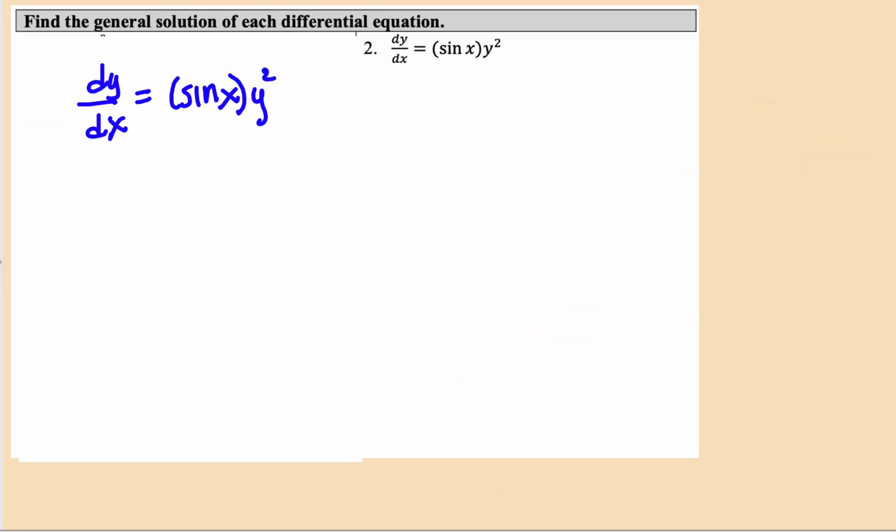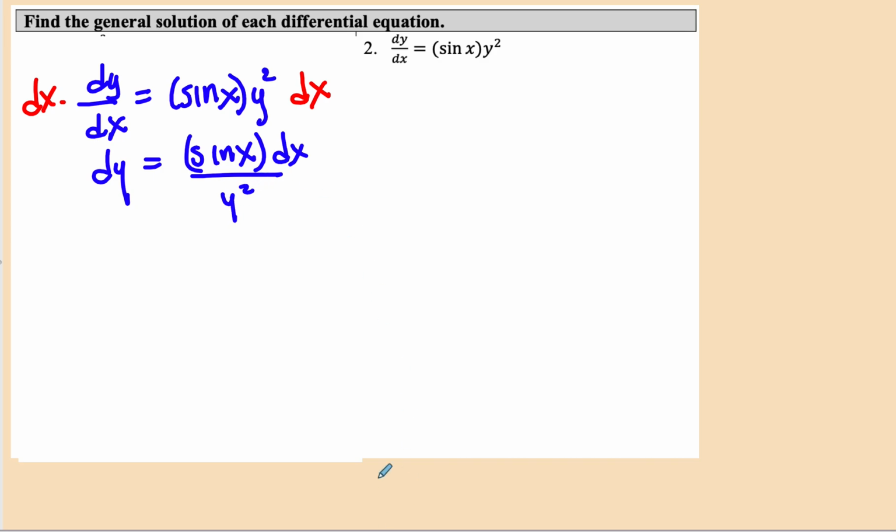All right, let's take a look at doing this again, and I'm going to do the same thing. I'm going to get all the x's and y's on one side. So I'm going to multiply both sides by differential x, and then we'll have dy equals sine of x dx. And to get rid of the y squared, I'm going to divide both sides by y squared like this. So now the y squares are going to reduce, and I'm going to have y to the -2 dy equals